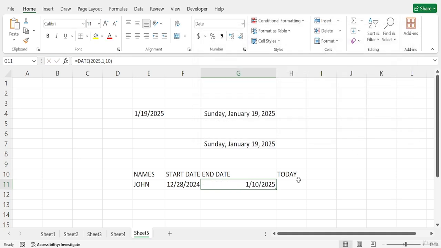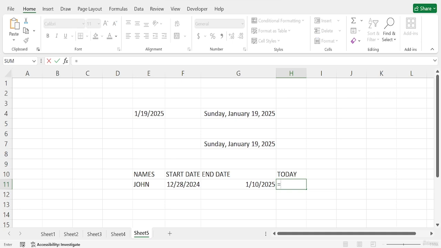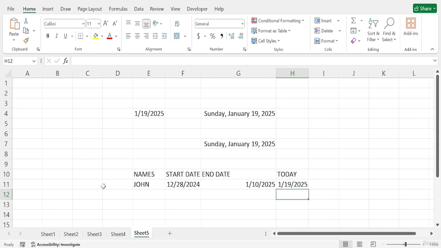If I press OK, I can also generate the TODAY function to show today's date. That means he is joining on this date, is removed on this date, and today is this date.